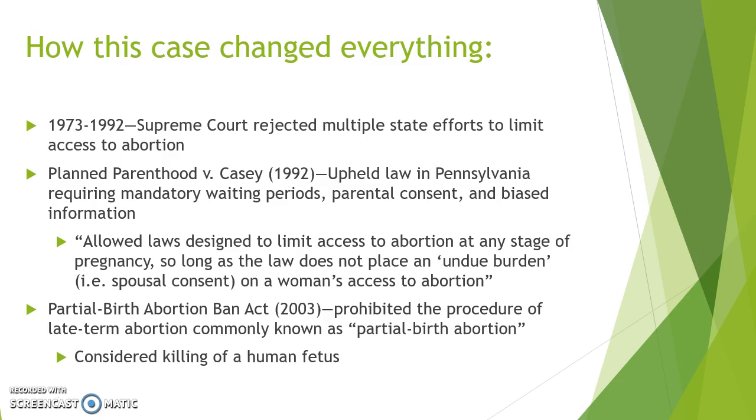How this case changed everything. So from 1973 to 1992, the Supreme Court rejected dozens and dozens of state efforts to limit access to abortion. In 1992, in the case of Planned Parenthood versus Casey, the Court upheld a law in Pennsylvania requiring mandatory waiting periods, parental consent, and biased information. So specifically, it allowed laws designed to limit access to abortion at any stage of pregnancy, so